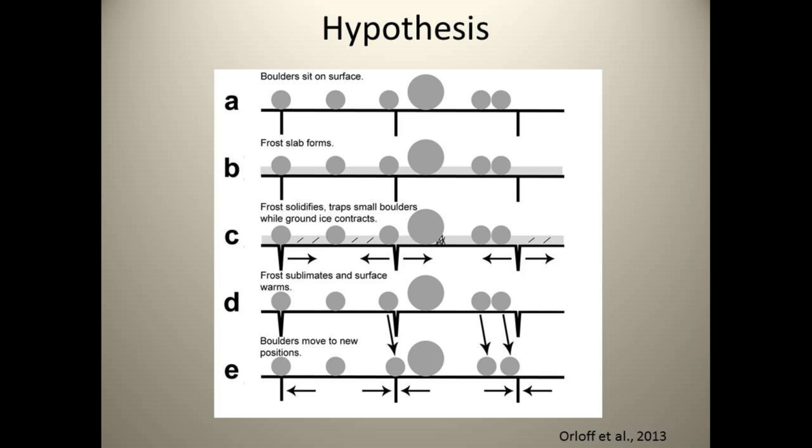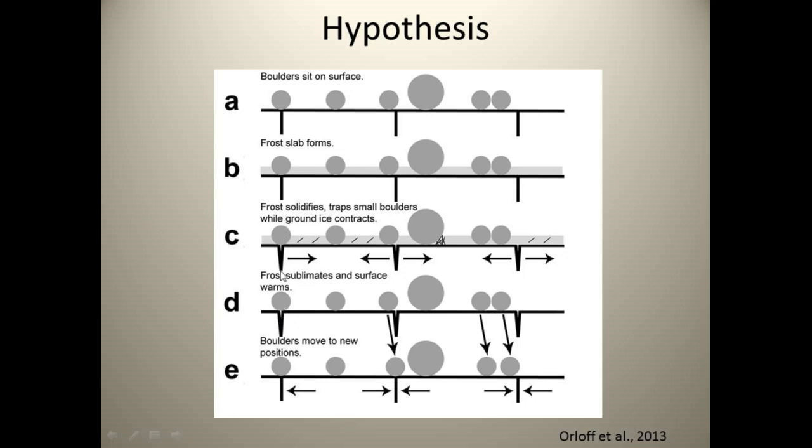While the surface is locked at that temperature, though, the subsurface will continue to cool. And as it cools, the ice there will contract. When it contracts, we form the cracks again, and the boulders move relative to their earlier positions because they are locked in the ice with the ground underneath them moving. And so when spring comes and the frost sublimates away, the boulders are lightly placed back on the surface, and they do so in new positions.